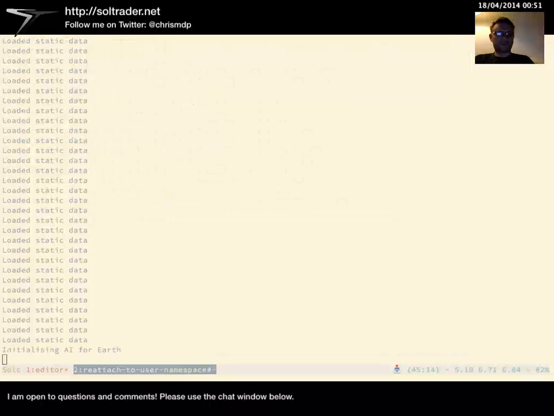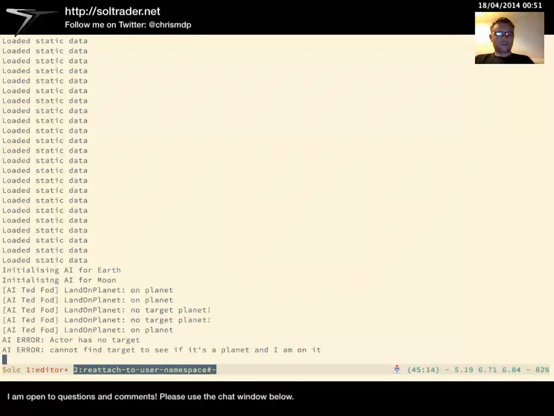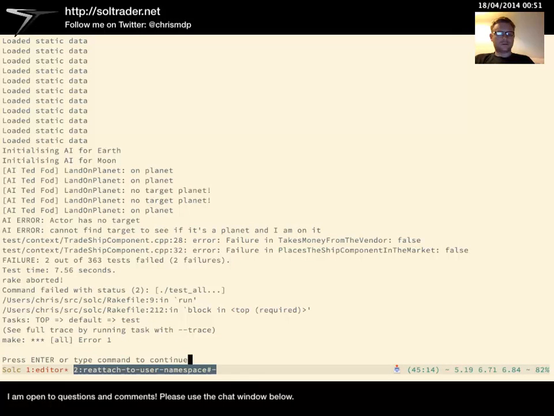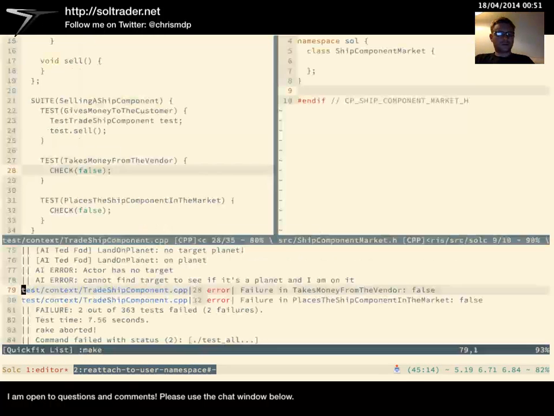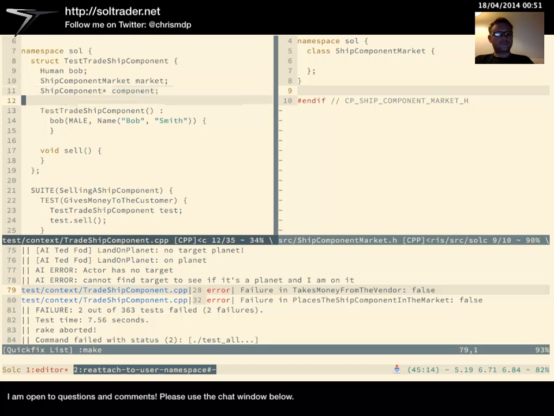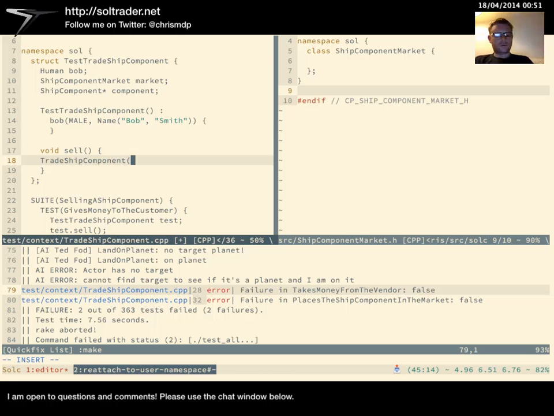Okay, let's have a look. Okay, so that looks like it's running the tests. So it compiled, and it managed to get through this test, but obviously these failed. Okay. Okay, so now I need to actually do the trade. Do it here. Okay. Right, so